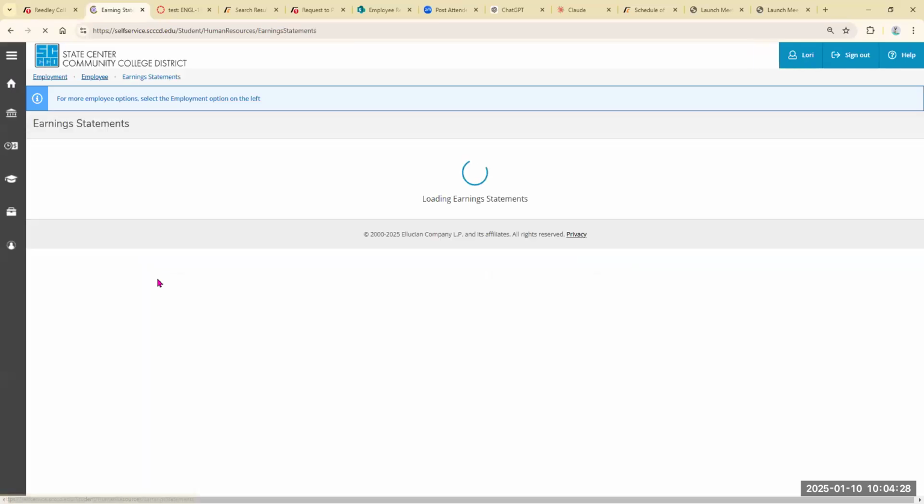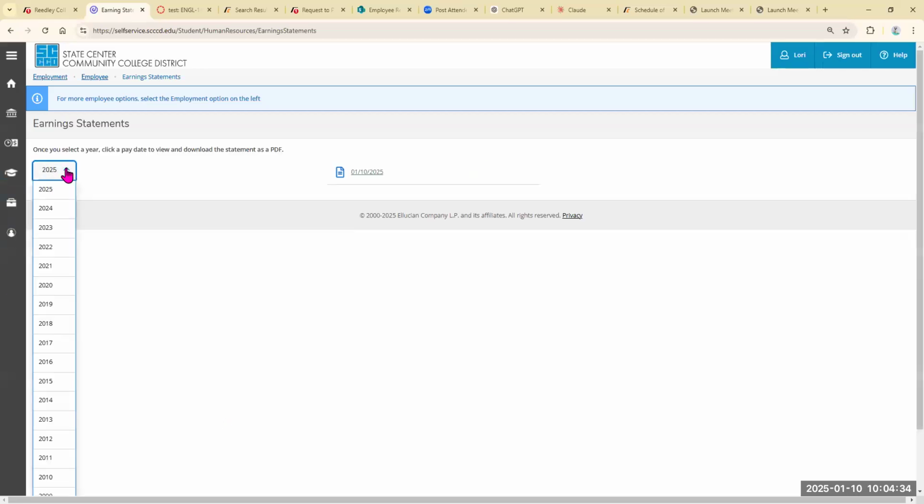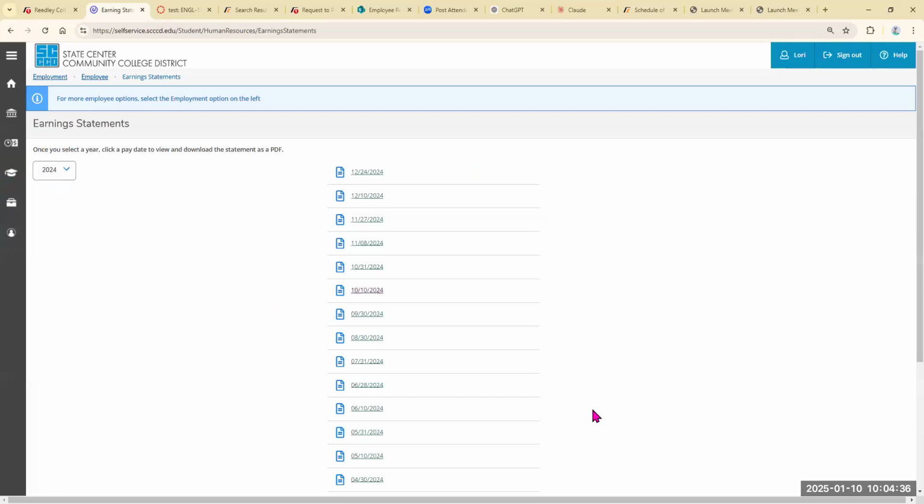When you click that area, you'll be able to select the year, and each year has a listing of all your earning statements from that year. But I also want to point out a couple things on the menu page. So if we go back to the employee,